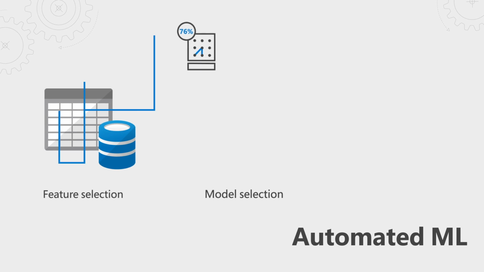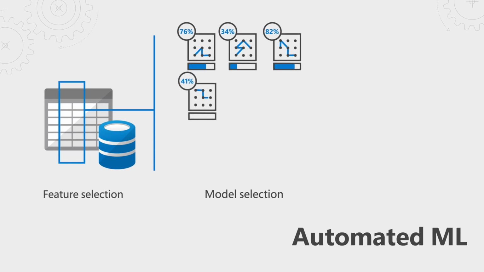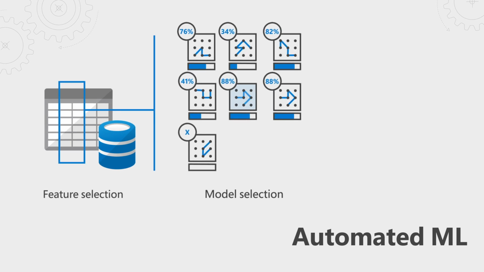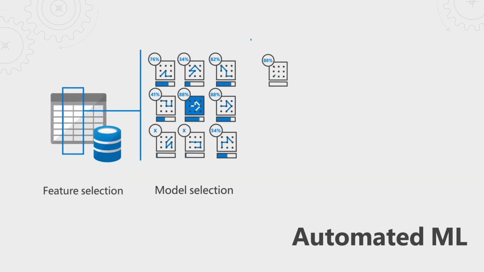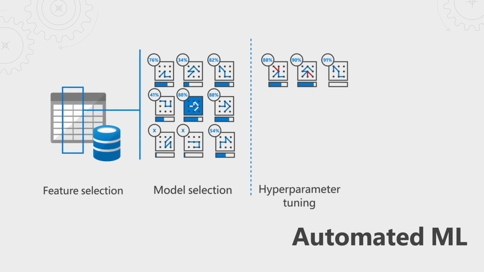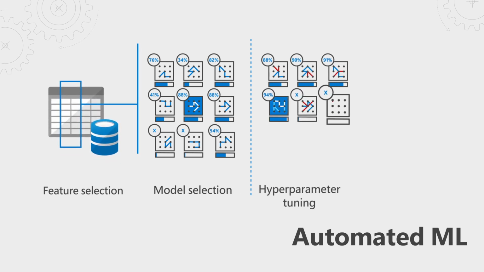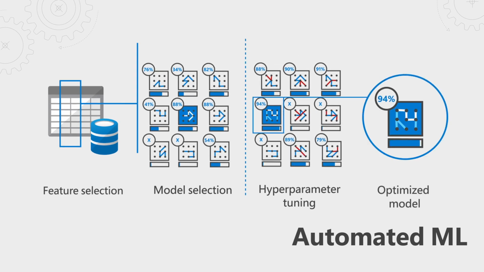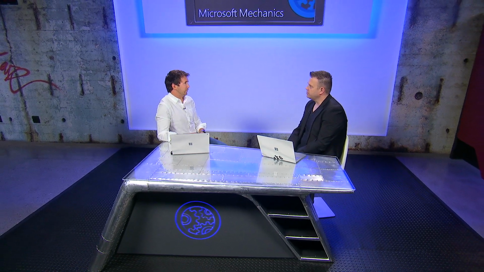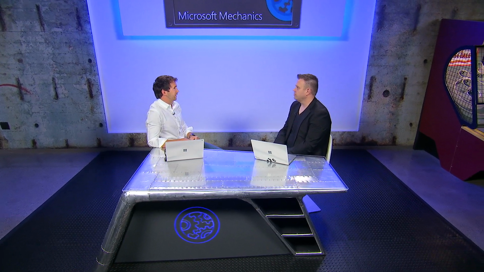So can you explain how automated ML works? Automated ML generates different experiment runs using a combination of different algorithms and hyperparameters and trains models in parallel, returning a quality score for each model after each run. Then, based on what it learns, it'll keep generating different experiment runs with different combinations of algorithms and hyperparameters to try to train an even better model. So it's actually then using machine learning to select different experiments and really automatically, with that machine learning, find the right model for you. Exactly. So now as a data scientist, you can focus more on fine-tuning the models versus a lot of the manual effort